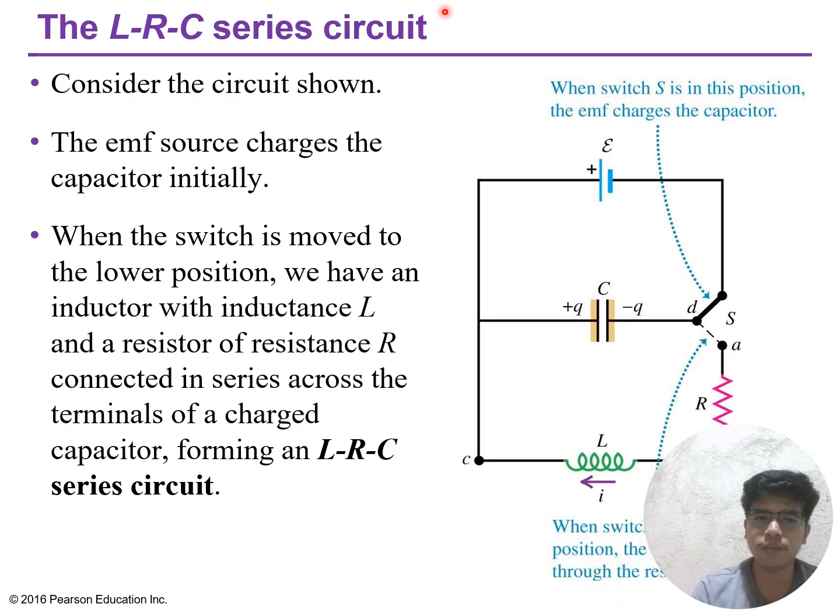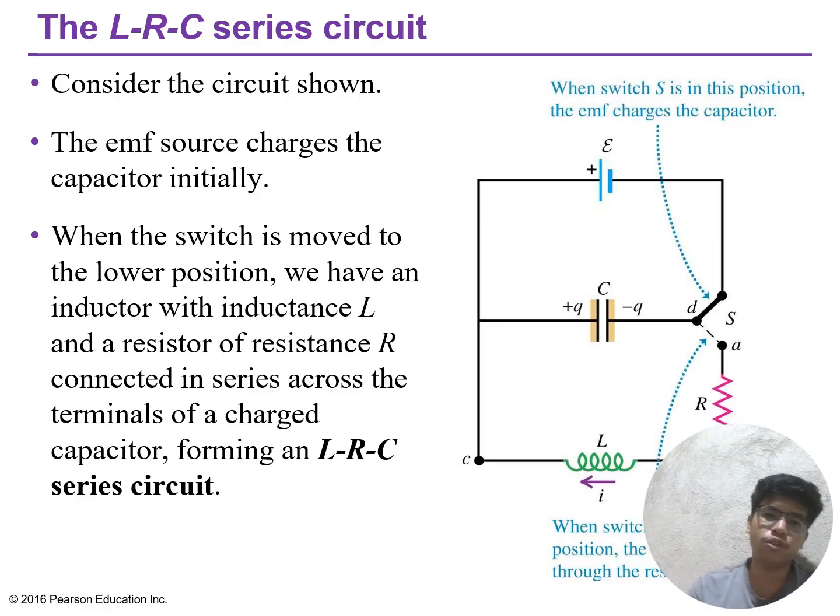Next, when the switch is moved to the bottom position, the battery is disconnected and the charged capacitor is connected to the inductor L and resistor R in series, forming an LRC loop with no battery. The capacitor then discharges through L and R, and energy moves back and forth between electric energy in the capacitor and magnetic energy in the inductor,